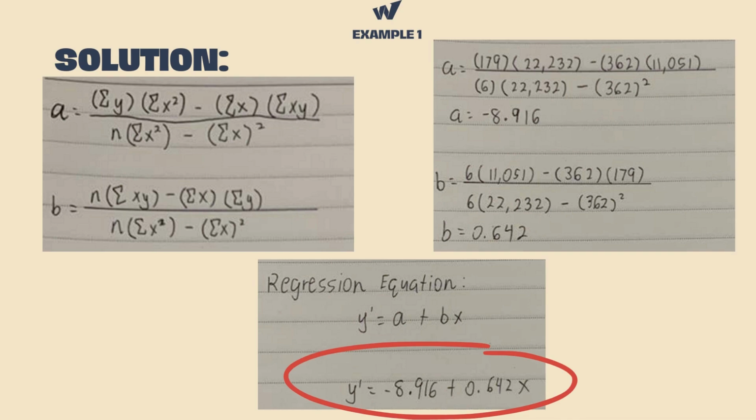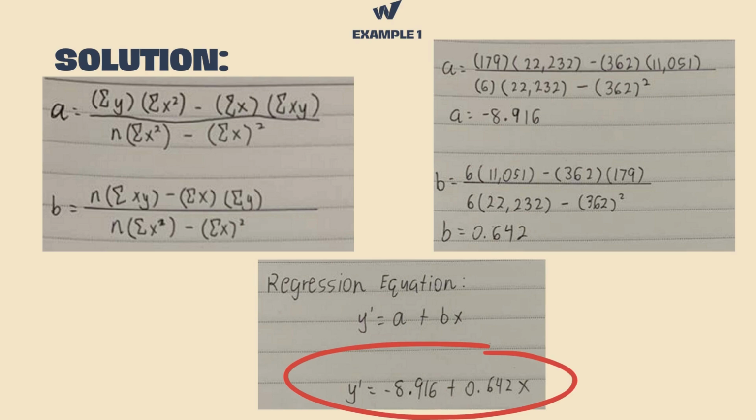And then we have b, which is n times summation of x times y minus summation of x times summation of y all over n times summation of x squared minus summation of x squared. So on our right hand side, we plug in the values, and then for A we get negative 8.916, and then for B we get 0.642, and then we just have to plug this in our regression equation, which is